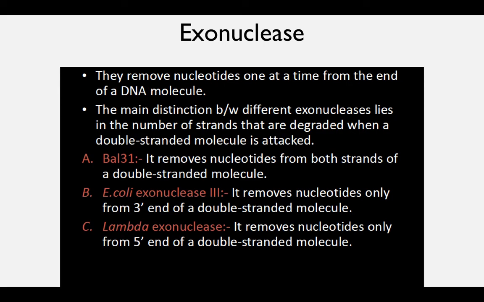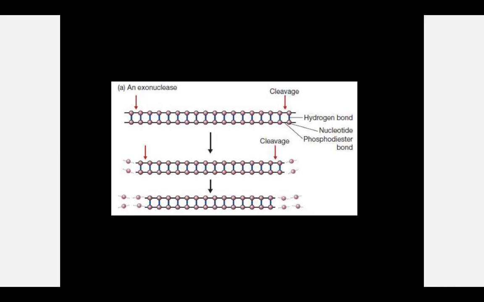And whenever they are cutting the things, sometimes they are going to attack at one particular site, sometimes they are going to attack on both the strands, right? As for example, just try to see the image. Exonuclease, they are going to cut from outside. This is a strand of your DNA. You are looking for this particular segment which is known as a gene. What you are doing? You are cutting at this portion. You are able to see the red color arrow, right? You are able to cut at this particular portion, and whenever you are cutting the things, the entire segment is going to get removed.